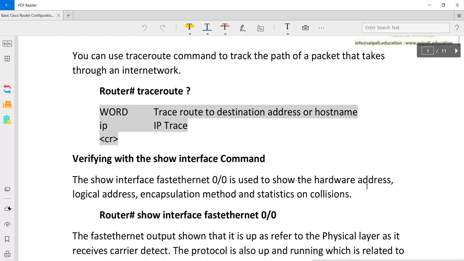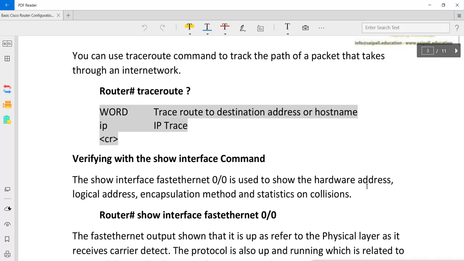It traces the route. Actually it traces the routers in between source and destination. It checks how many routers are coming from the source, who is doing the traceroute, to the destination IP which we give.